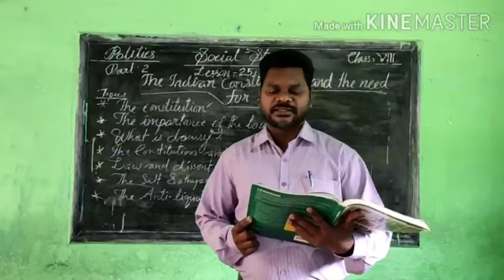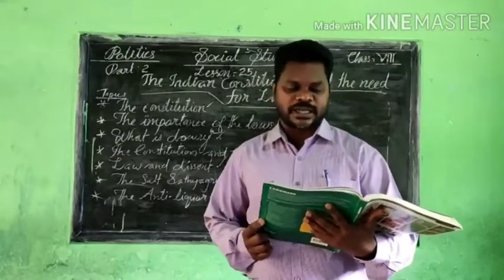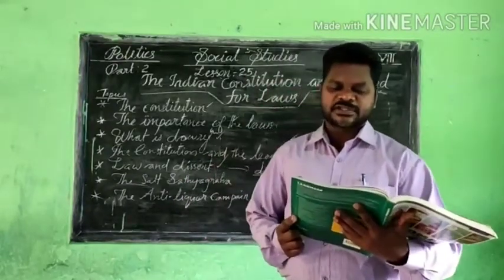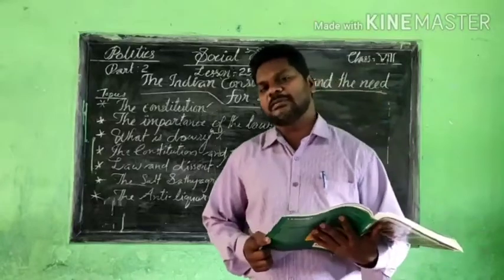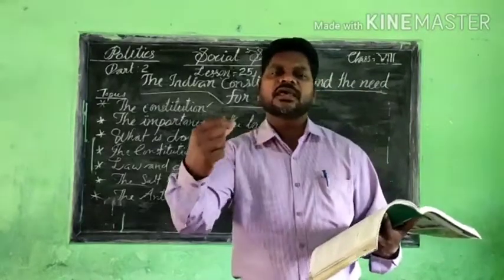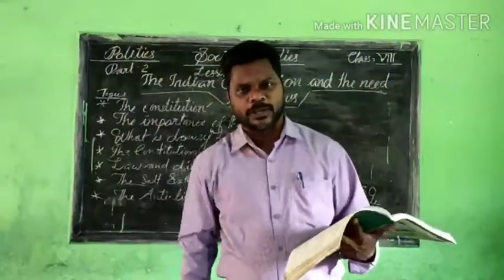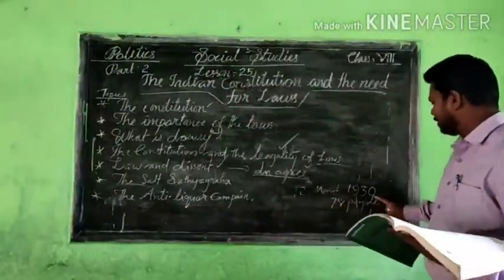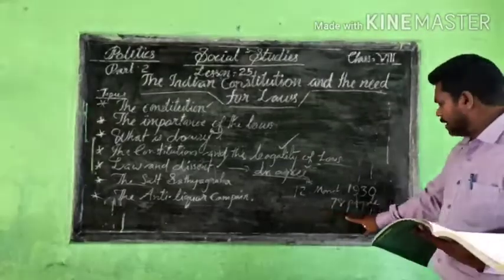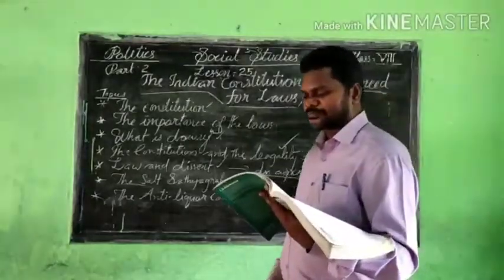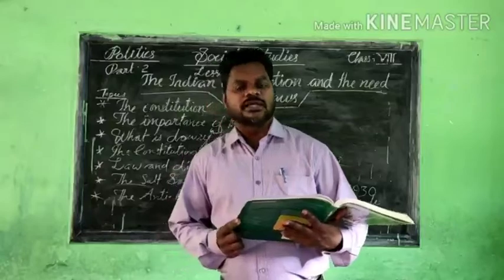On 6th April 1930, he picked up a handful of salt and said, with this I am shaking the foundation of the British Empire. You know that? Symbolically, Gandhi wanted to show his own disagreement towards the British government. You know that? On the 12th of March 1930, with 78 people, Gandhi moved from Sabarmati Ashram,